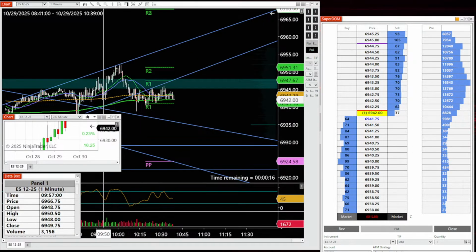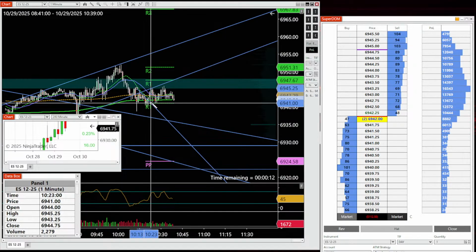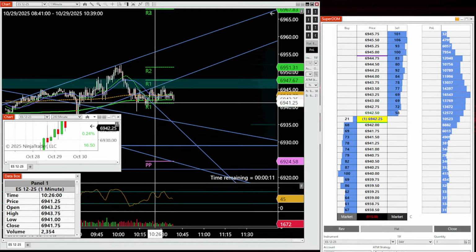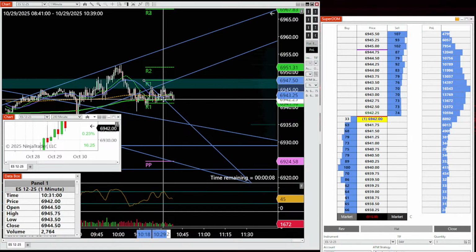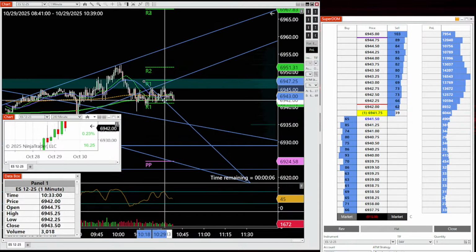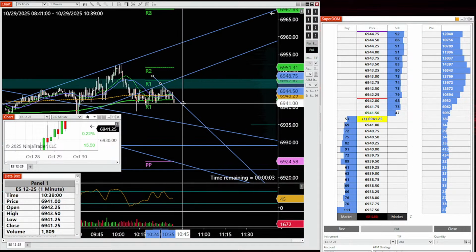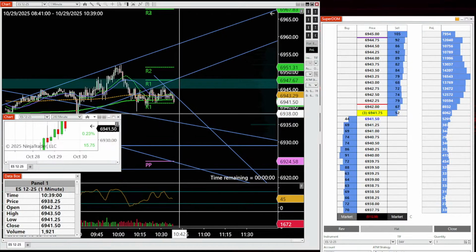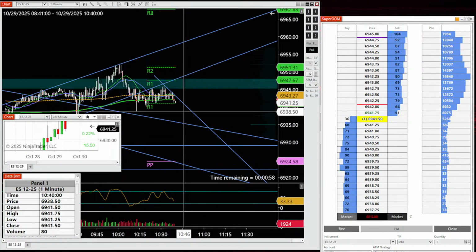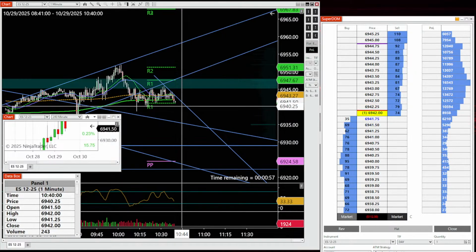We see a lot of this down here. A lot of, hey, trend line break. Do it again. Trend line break. Come back down. And go another one. Question is, is it going to get the trend line break?